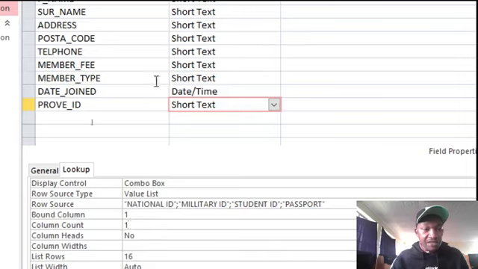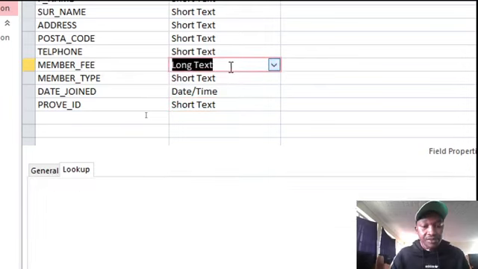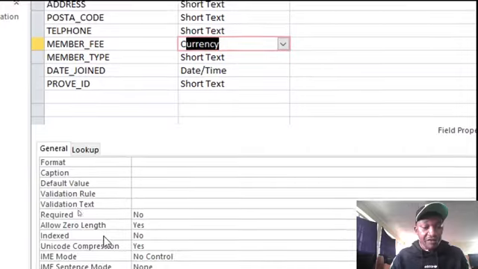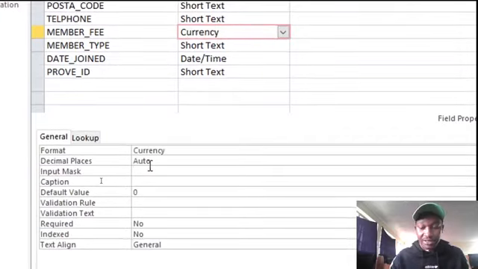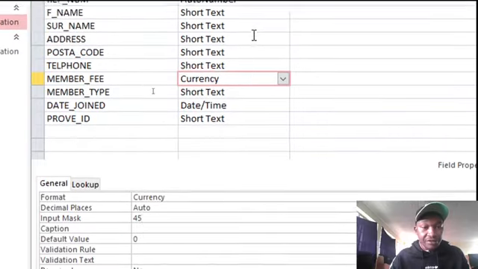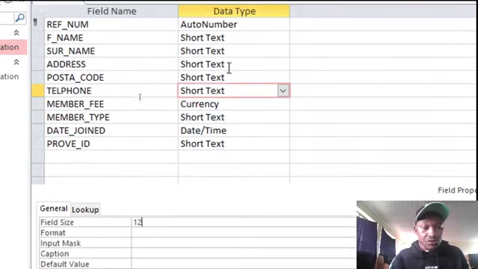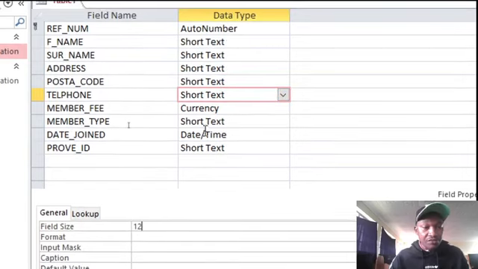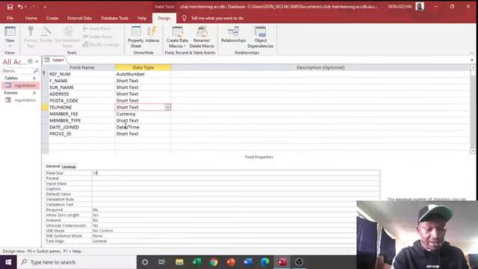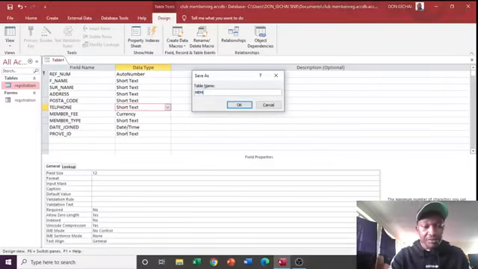Then after having done so, we can just go ahead and look at the member fee. This one is currency, and then we can set it as a default value. Default value you can just set to $45. Then telephone number you can set should not exceed 12 digits. Then we can also go ahead to postal code. That one remains that way. Then we can just go ahead and save this one. We just call it members